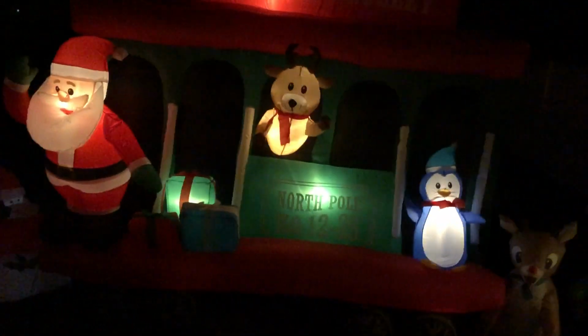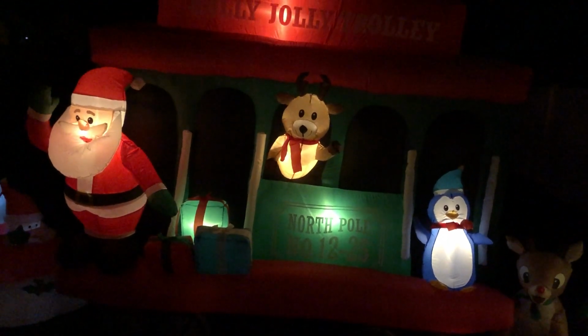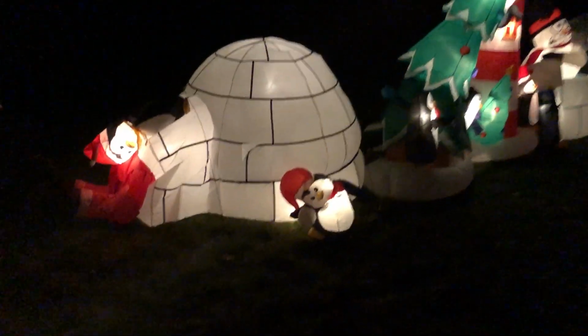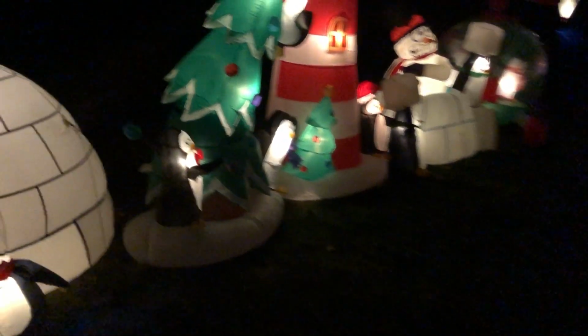bulb and screwing in another bulb. You have to cut the wires. I mean, it's not overly complicated. It's just I haven't gotten around to it yet because it's more involved than just unscrewing a bulb. So you have to cut the wires, and then you have to splice. And you have to buy the replacement bulbs. You have to splice the wires from the old wires to the new wires, and then you've got to secure